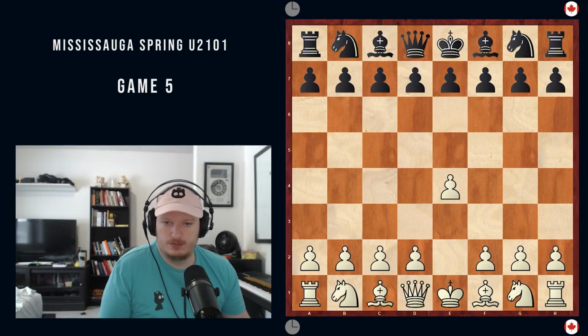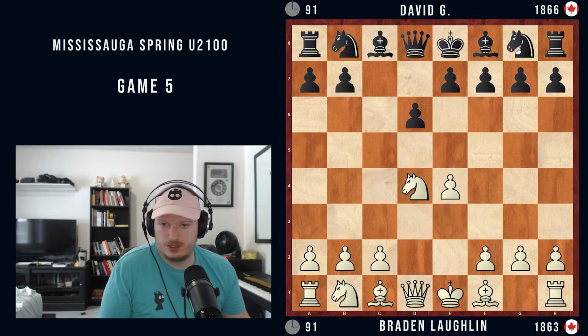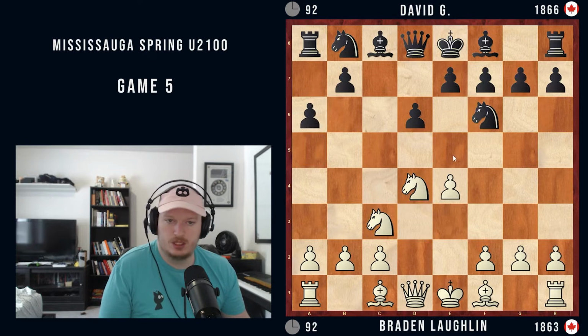I play e4. My opponent plays c5 here. I play knight f3. We see d6, d4, c takes d4, knight takes d4, knight f6, knight c3, and a6. So the Najdorf. There's a lot of moves here, and if you have seen a tournament I played a little